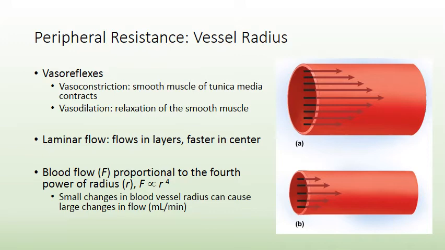And so, again, these are just a couple of side points here. We do see laminar flow in the blood vessels. So the blood that's in the exact middle of this vessel is going to flow faster than the blood that's out towards the edge. So this blood is going to be rubbing against the edge of the tube, so it's going to encounter that friction, whereas this blood that's right in the center is not going to encounter any friction. Okay, so we see this laminar flow pattern,